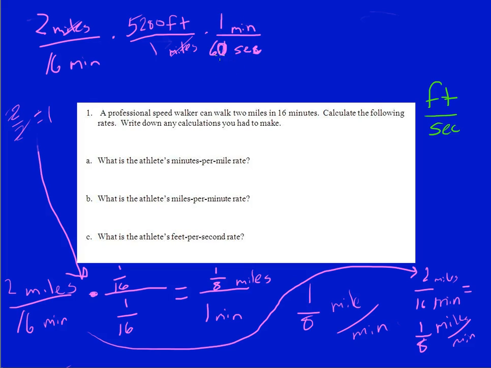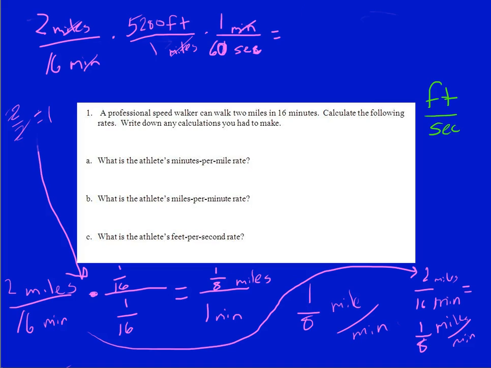Why did I do 60 seconds instead of 1 second? Well, because look at this. This is just 1 right here. 1 minute and 60 seconds are the exact same thing, and I'm dividing one thing by the exact same thing. 60 seconds and 1 minute. So what's going to happen is these minutes are going to cancel out. And then what I'm left with is a relatively simple multiplication problem. 2 times 5,280 times 1